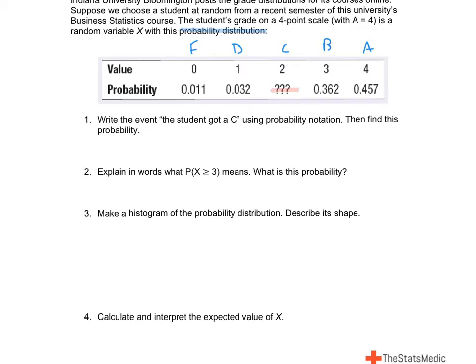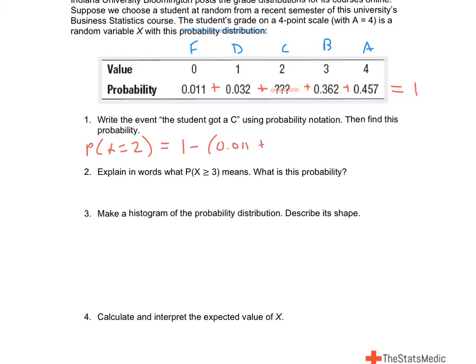Well, you may be thinking, if this is a probability model, what does it need to add up to? Well, all of these things need to equal 1. When I take the sum of all of these probabilities, it should equal 1, because 100% of people got a grade, between an A and an F. And so the probability of C, which is the probability of X equals 2, because that's ultimately what we're trying to find here, would be equal to 1 minus